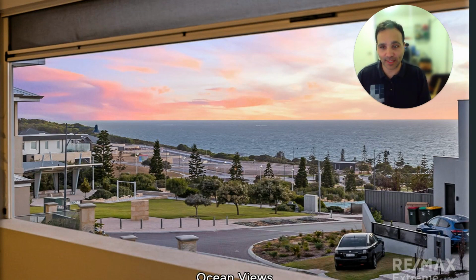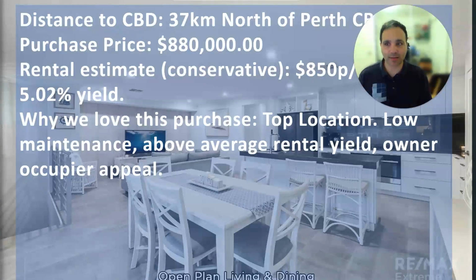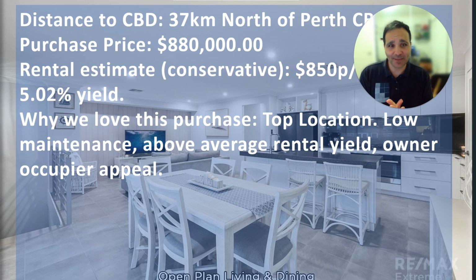And they're not building anything here. Okay, it's a car park area. So it's just gorgeous. Internals are lovely. It is a modern beach house, 37 kilometers north of Perth CBD, $880,000. Okay, that's the price. We're getting an $850 per week rental yield